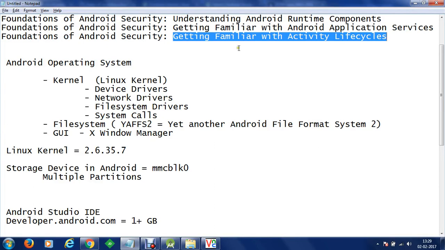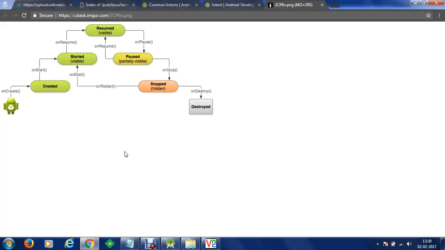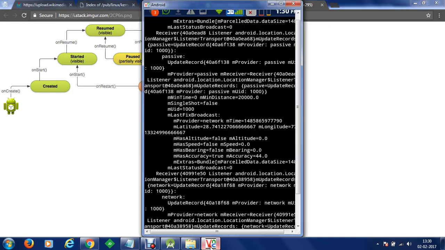In this session we are going to understand what activity life cycles are. Let me first explain how an activity runs in your Android device. As soon as your Android application is launched from a home screen, let me give you a quick demonstration through